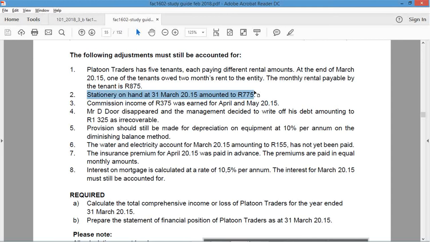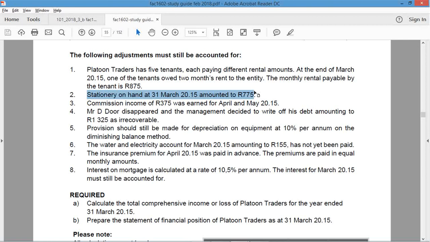You already told me what the debit was. Stationery. You said debit stationery on hand. You credit stationery? Yes, because the stationery is too high because I've only used a portion of it. Okay, so the notes said if stationery isn't fully utilized, it's an asset for 1 day because I need to